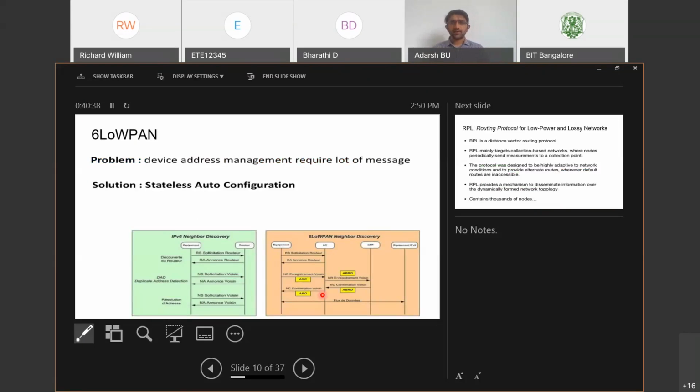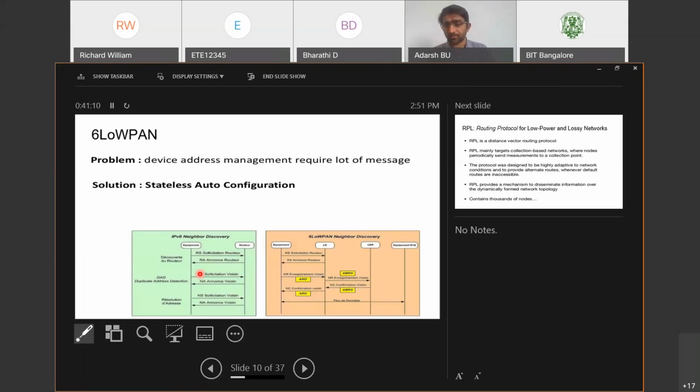Okay, there's one more question. Device address management requires a lot of messages, stateless auto configuration, with the neighbor discovery process. How will it happen in IPv6? Stateless auto configuration with the stateless IPv6 neighbor discovery process involves requesting, solicitation, acknowledgement and announcing. The same kind of process will be followed in 6LoWPAN